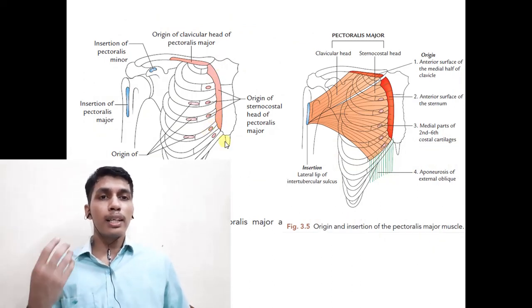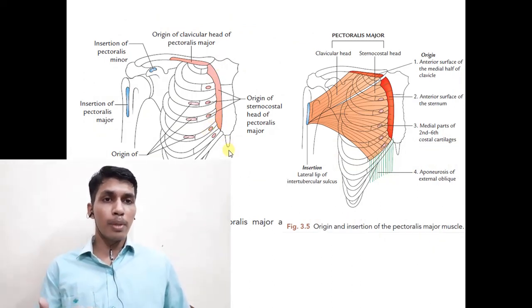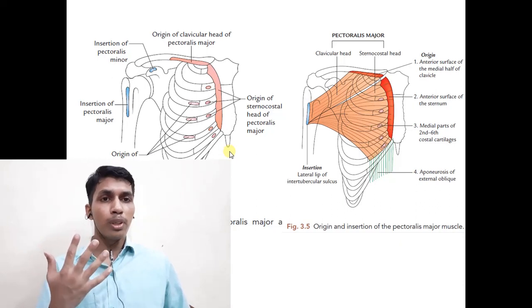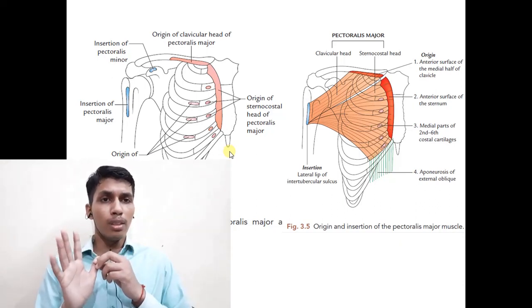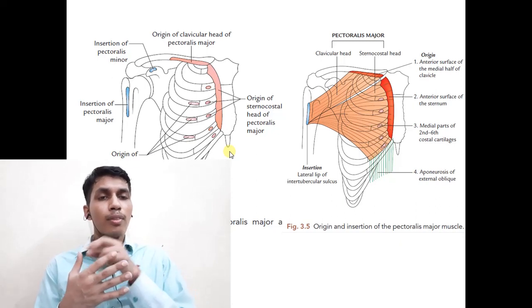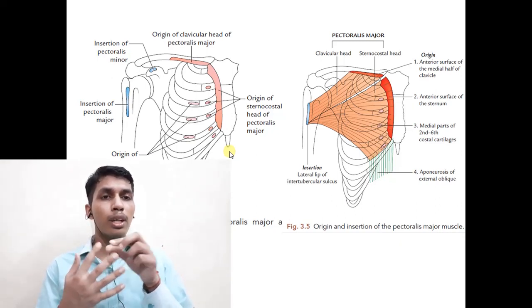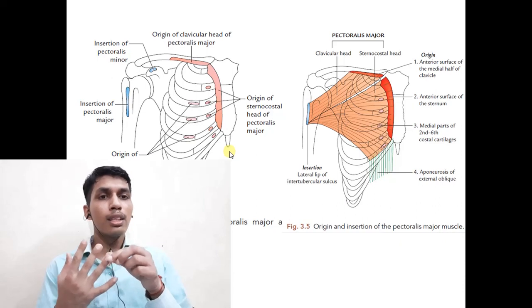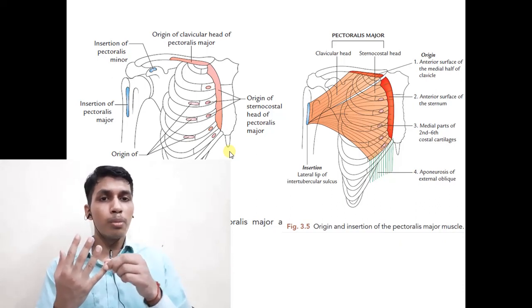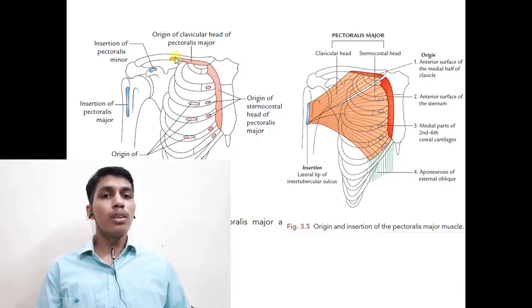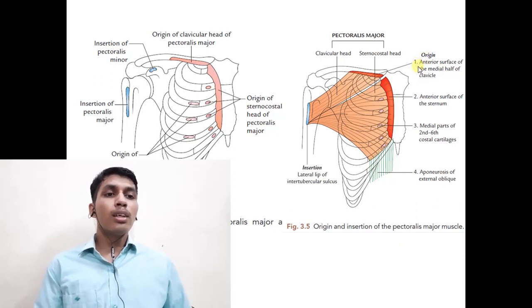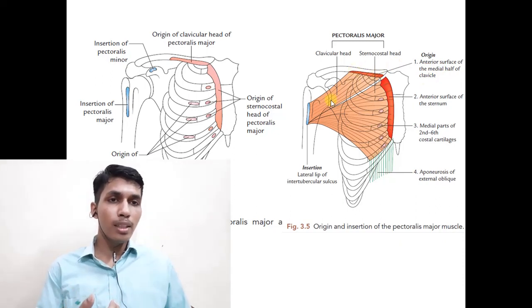Now the bony and cartilaginous attachments of the pectoralis major muscle. There are 5 bony or cartilaginous attachments. Number 1 the clavicle, second the sternum or breastbone, third costal cartilages, ribs and the humerus bone. We have discussed the origin earlier also. Number 1, origin is from the anterior surface of the medial 2/3 of the clavicle. There arises the clavicular fiber.